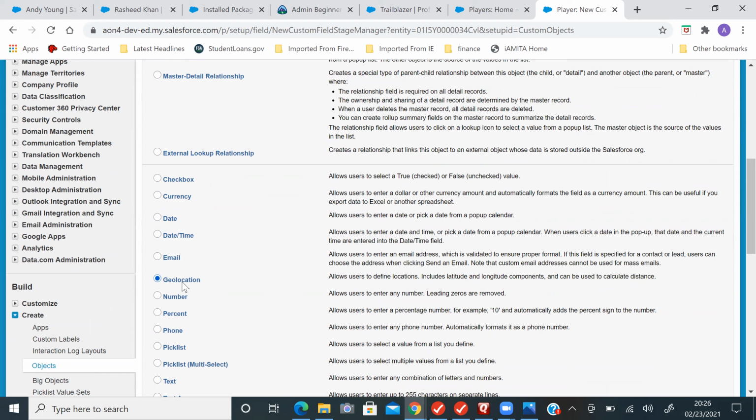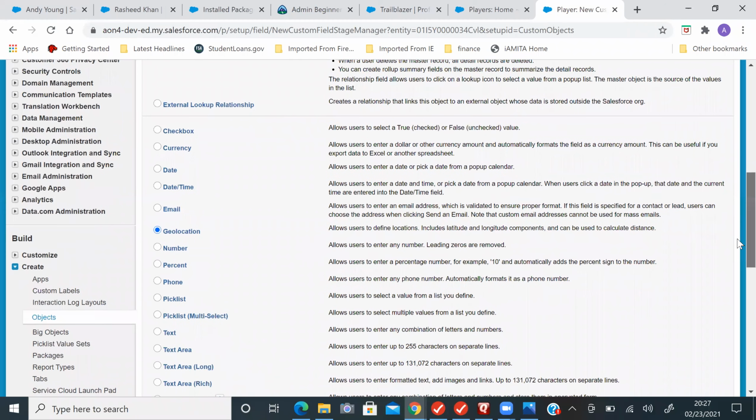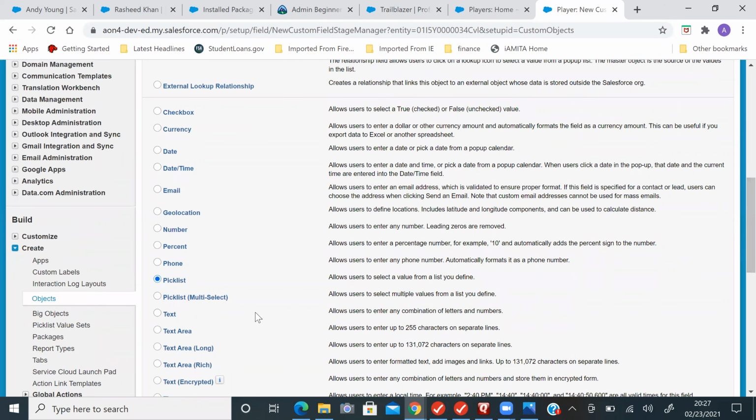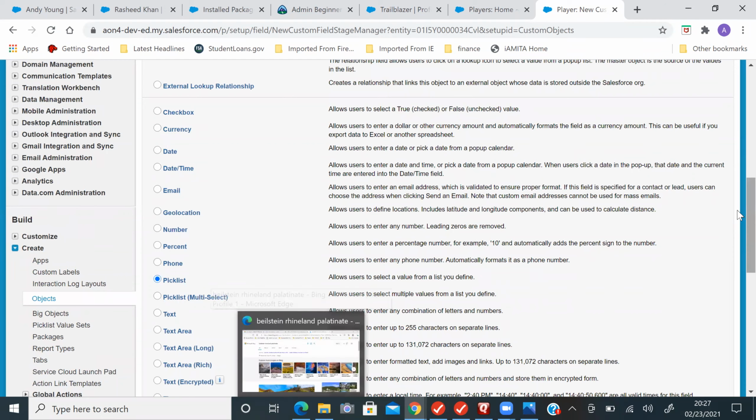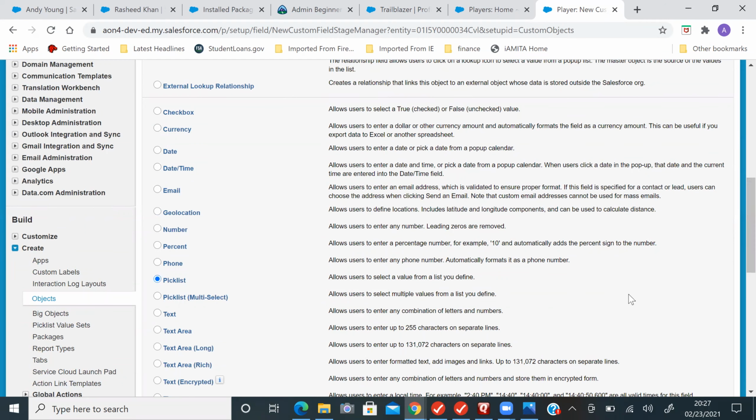Any idea? We need to select pick list, because it allows the user to select a value from a list you define. So we will be defining a list here.